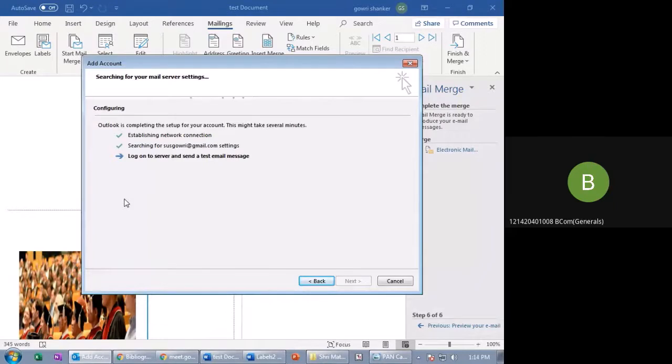You should be configured to your particular mail.